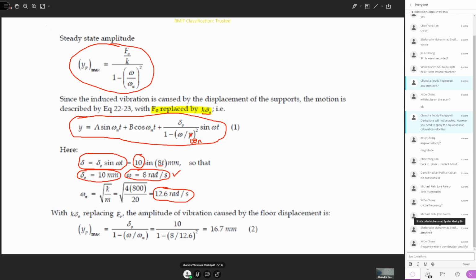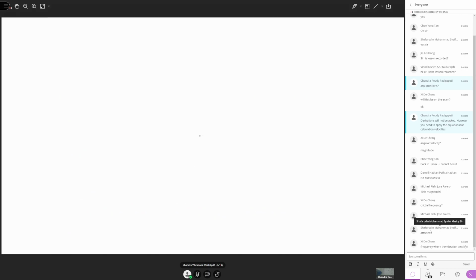So the amplitude of the vibration, you can calculate YP maximum from this expression. Delta naught is 10, 1 minus omega over omega n squared. Once you calculate this, then you know the maximum displacement with which the platform oscillates. So that is 16.7 mm. Then